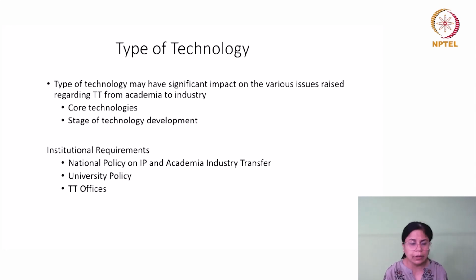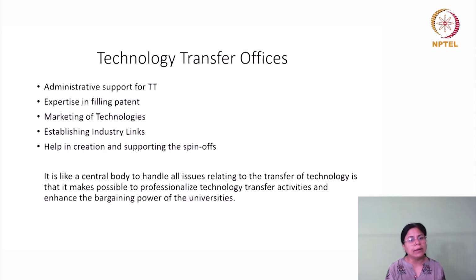In the case of India, we have such a model policy. Apart from that, universities and academic institutions are also expected to come up with their own IP policy, which will facilitate the individual faculty member and make things clear to them, and then the technology transfer offices. So the idea there is that technology transfer offices will provide administrative support for technology transfer. They will help in filing patents, because a certain amount of expertise is needed, and that expertise can be housed in that particular office. Then, of course, most importantly, marketing of technology.